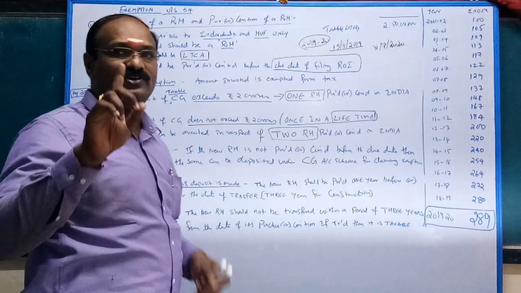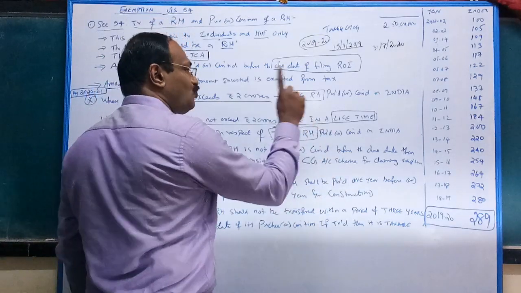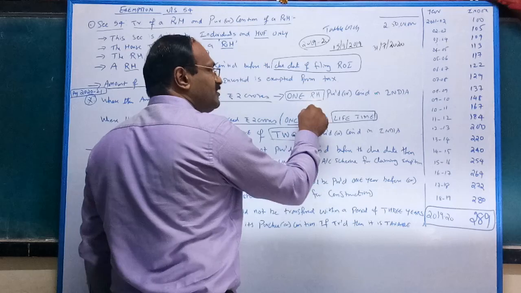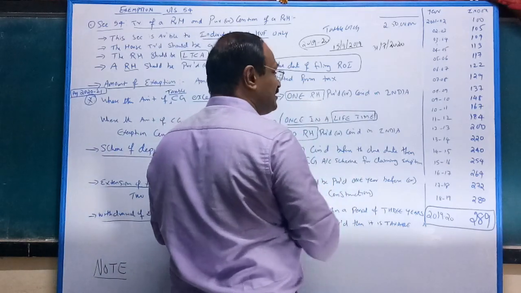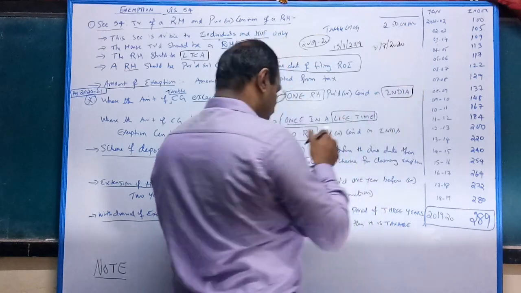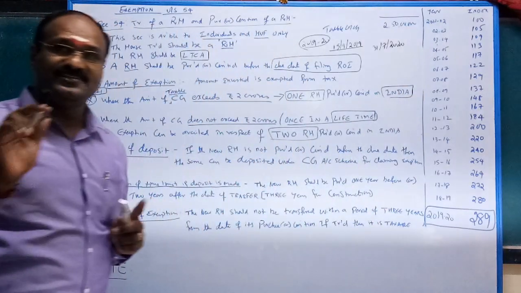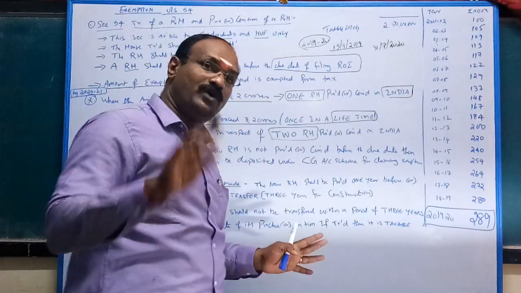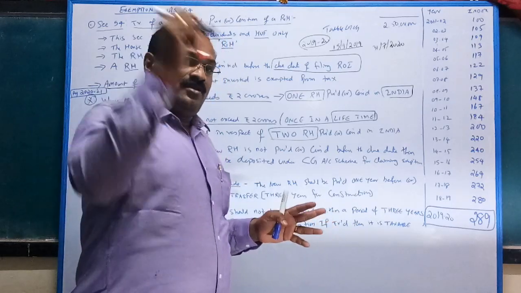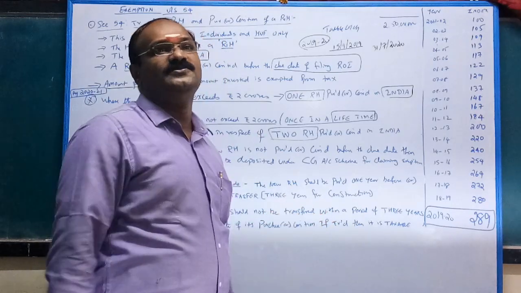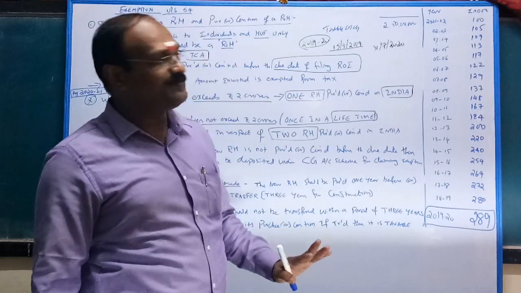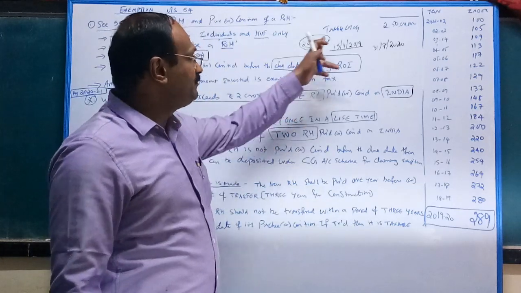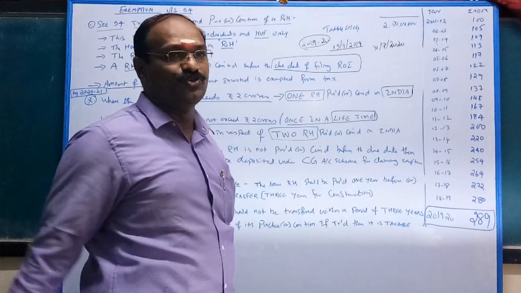You have only one choice. That is, you can purchase only one residential house, purchased or constructed in India. Purchased or constructed in India, no foreign countries. You have to purchase one residential house, or you can construct one residential house in India. Sir, that is the old position, sir. Of course, this is the old position. I am right. Provided your taxable long-term capital gain exceeds 2 crores.